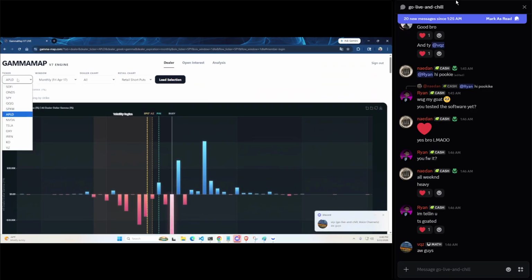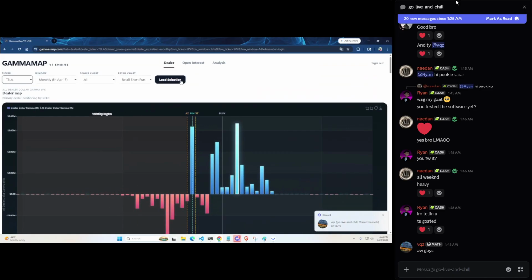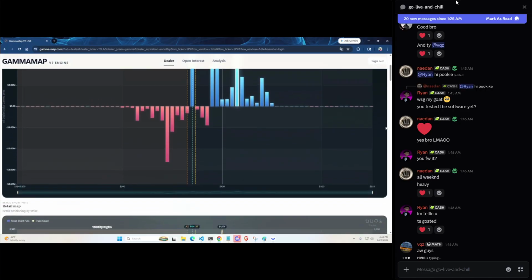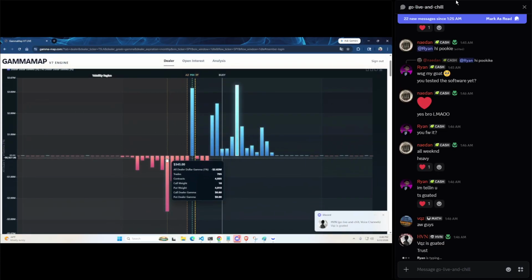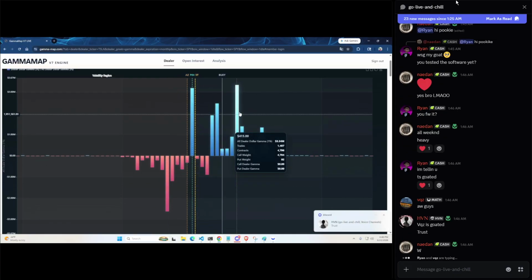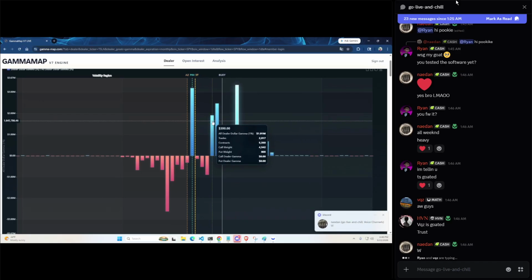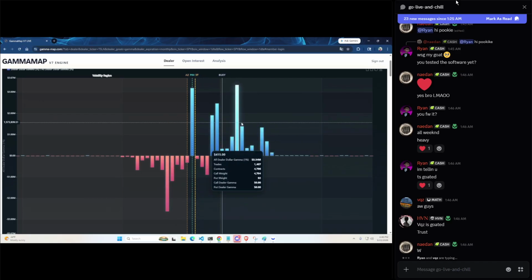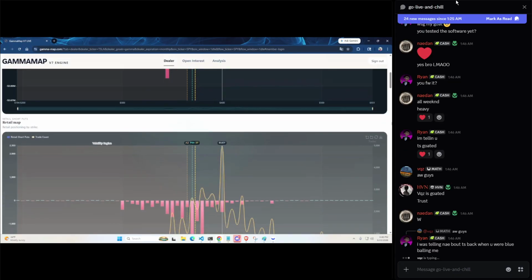You can look at Tesla. My price thing's screwed up right now. Did I fix Tesla's price thing? I did, I guess. Here's Tesla. We are in negative gamma with a strong pin at 370. We don't get back to positive gamma unless we break 390 on Tesla, right? So Tesla is more in a negative gamma zone.